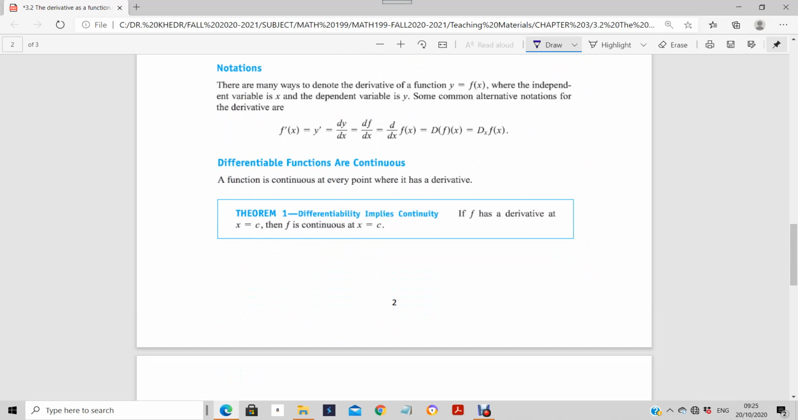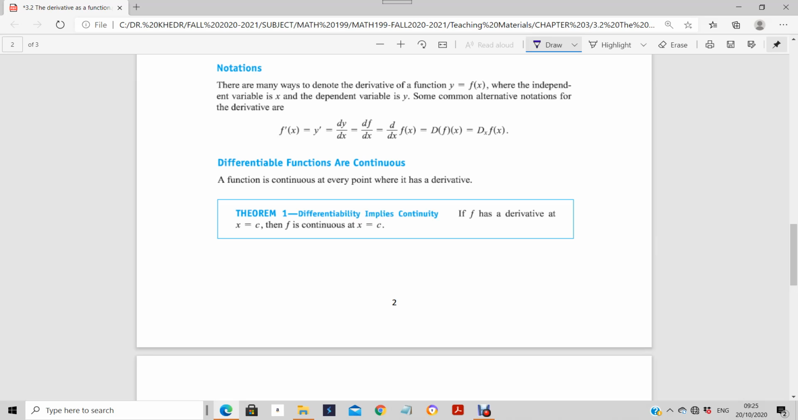Here we have some notations that are used in many textbooks for the derivative of the function. So if y equals f of x, x is the independent variable and y is the dependent variable. The notations used for the derivative, all these are notations used in the textbook. You can write it in this way: f prime x, or y prime, or dy by dx, or df by